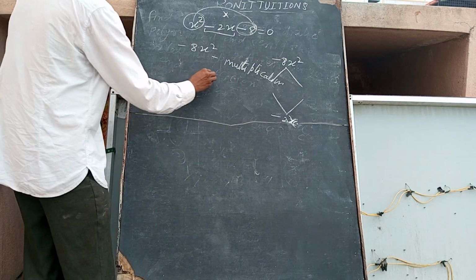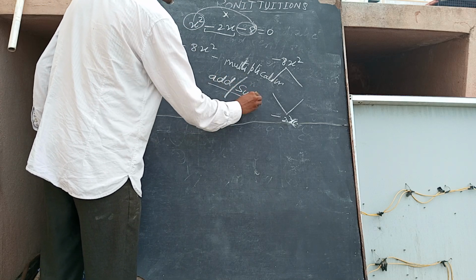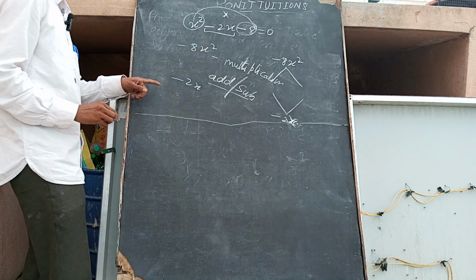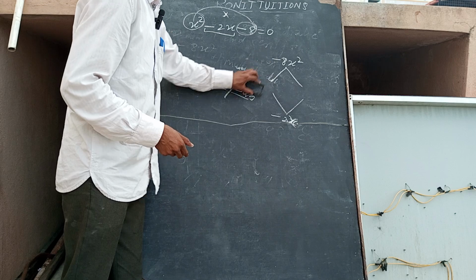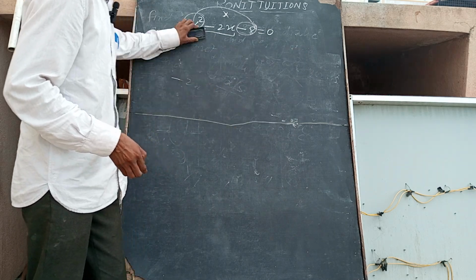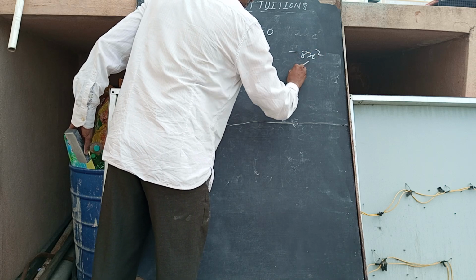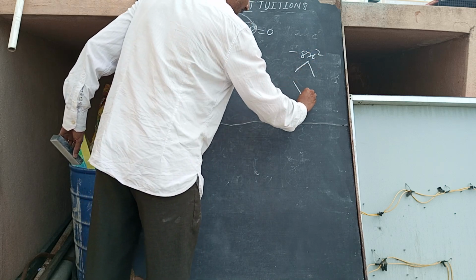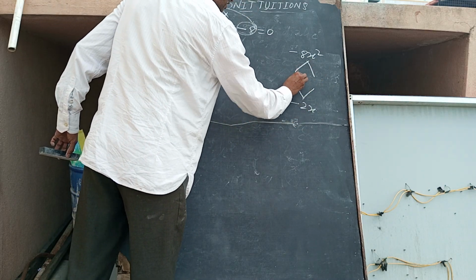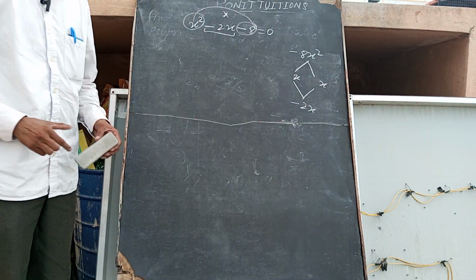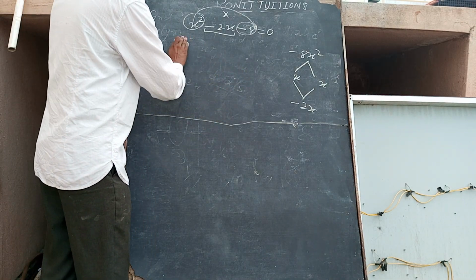Multiplication. If we only add or subtract, then the minus 2x will come. The x variable is there, so we write the x only in that. Minus 8x square multiplying, and if we add, then it will come minus 2x. The x variable is there, x will come. Now we are finding the two numbers. How to find the numbers? Suppose which numbers give the 8.